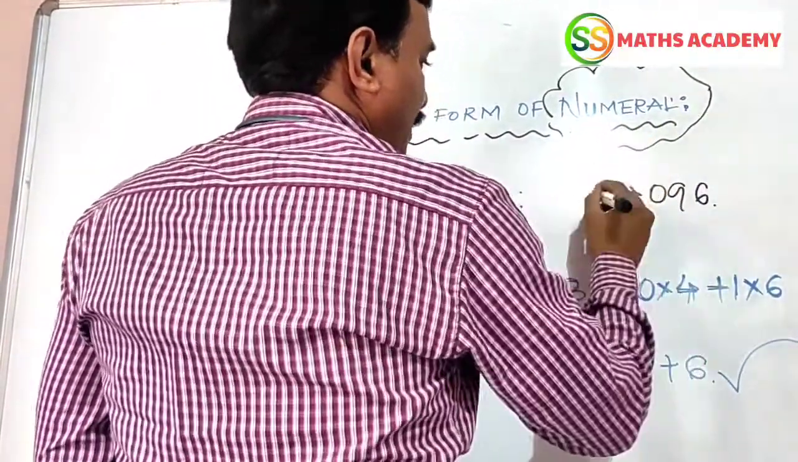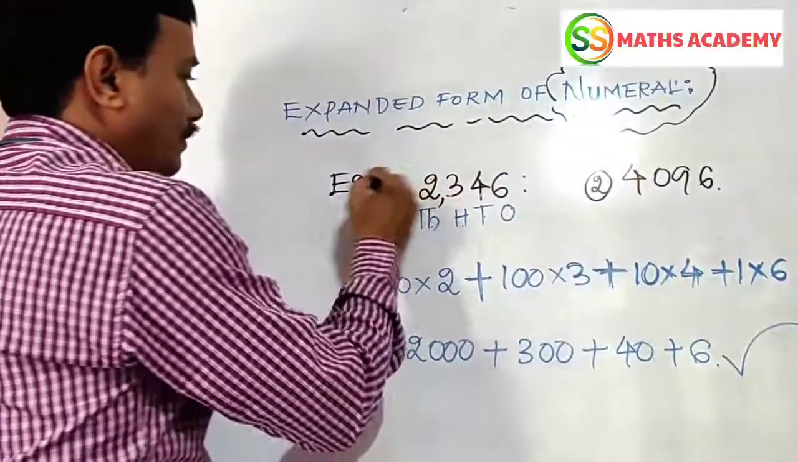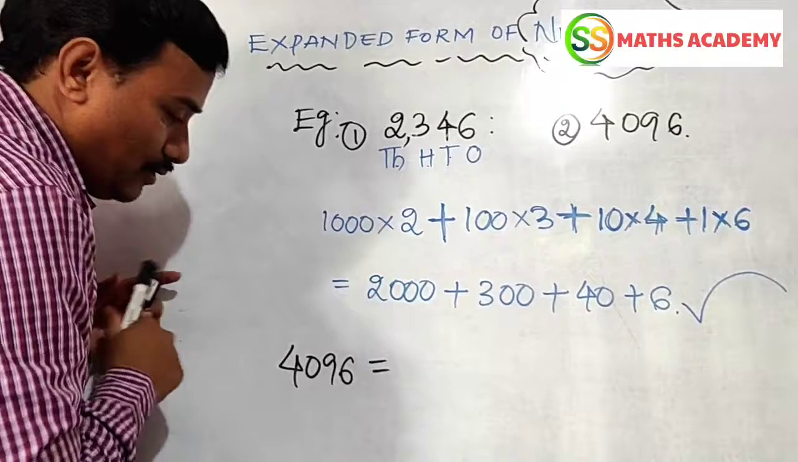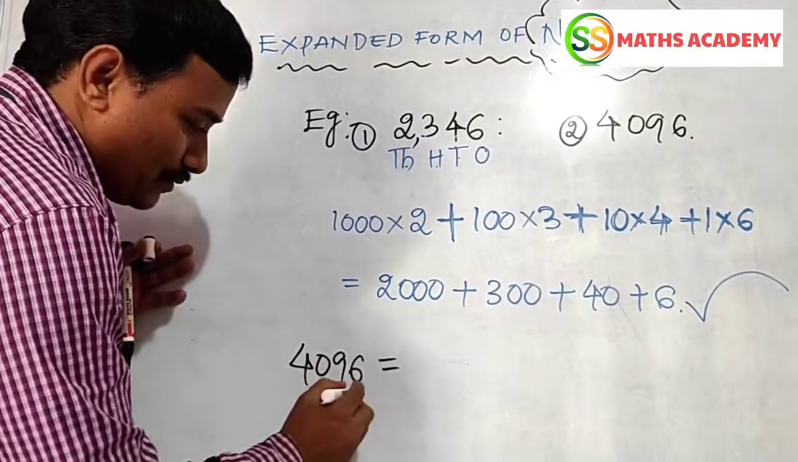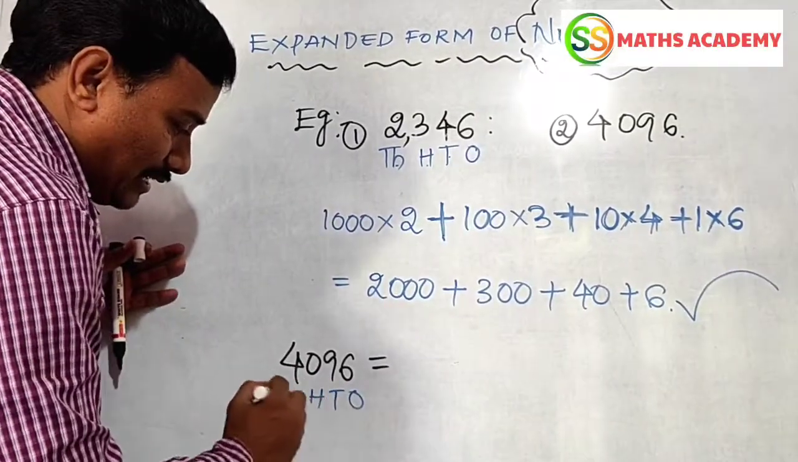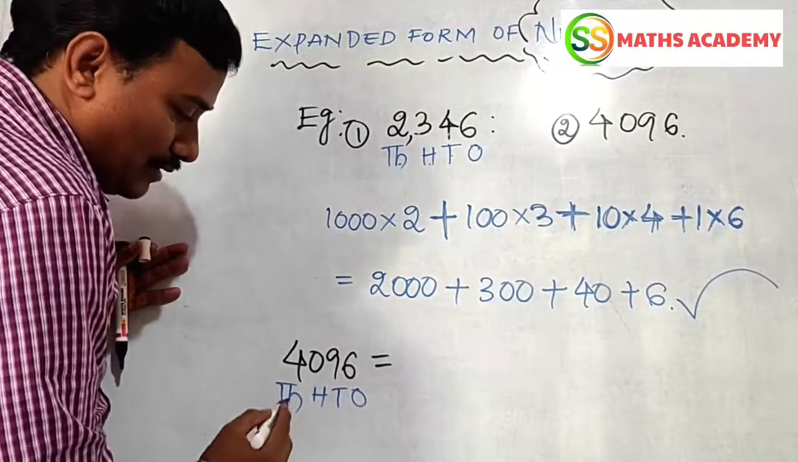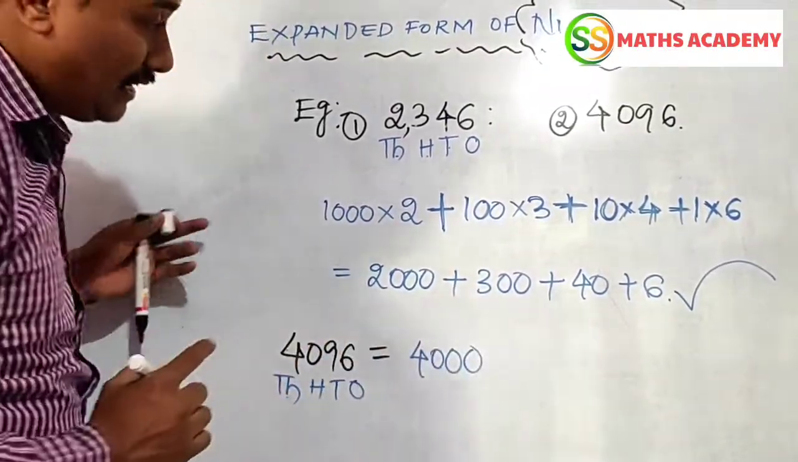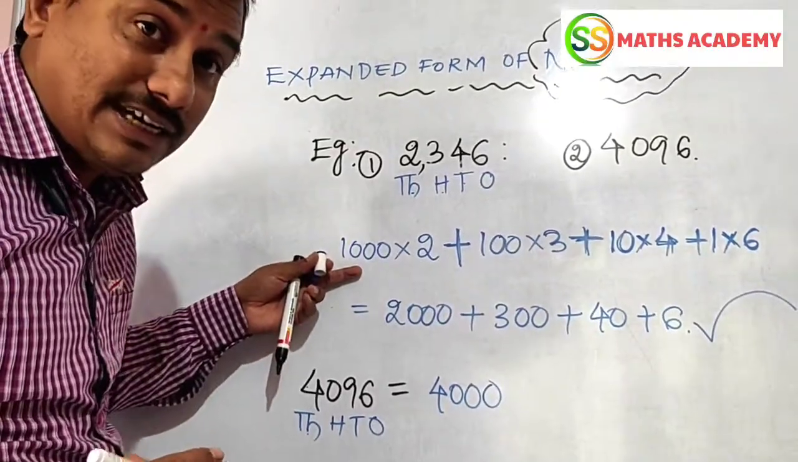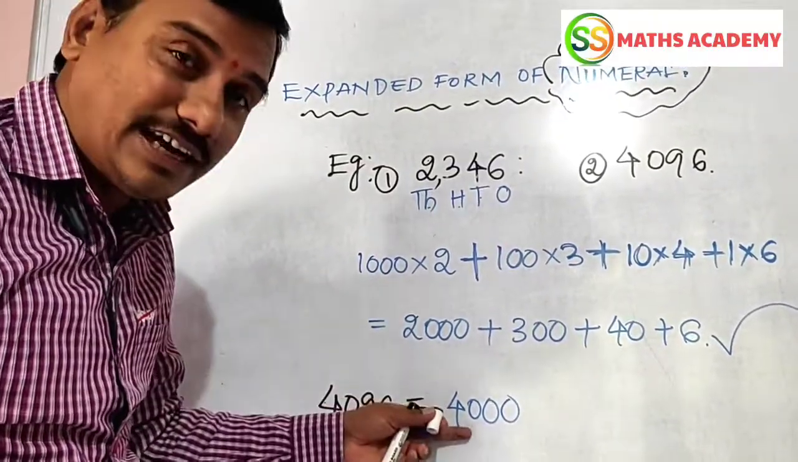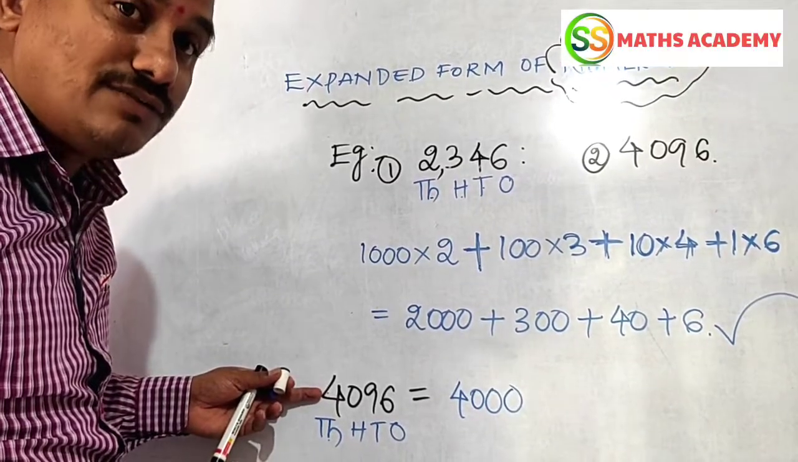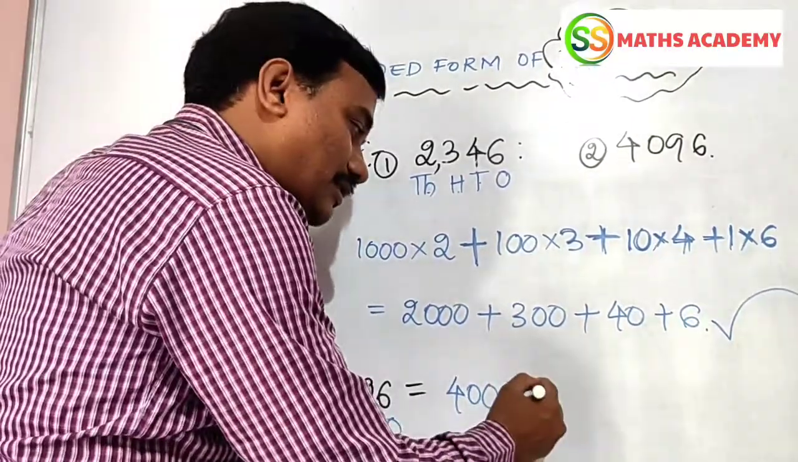4096. Example 2. Expand form of 4096. Here, as you know very well, we have ones, tens, hundreds, thousands. 1000 into 4, 4000. Directly I am writing here. Here already I have taken some easier steps, but I am going to write directly. In the thousands position, 4 is there. Place value of 4 is 4000, plus